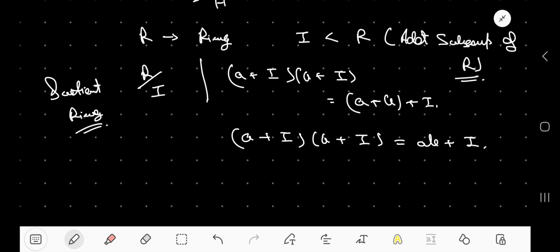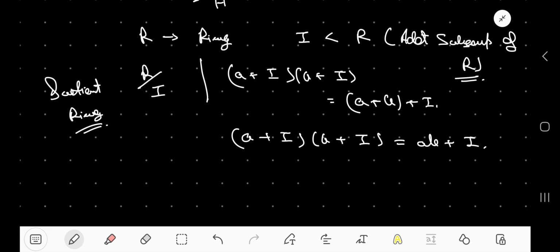But the problem is that for this multiplicative operation to be well defined, if you try and structure it out, how can you show that this multiplicative operation is well defined? You just need to show that even if you choose different representatives of the same coset, the result is still the same. Okay, that's exactly how you check whether the multiplicative operation in this case is well defined or not. But for it to be well defined, if you carefully go through the process, you can justify it on your own. You will see that you require a closure in I with respect to left multiplication and right multiplication by